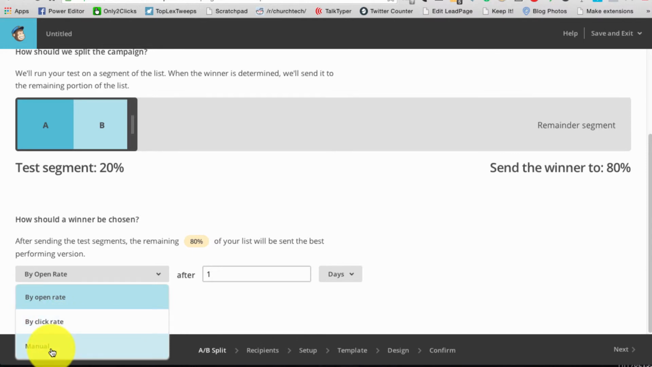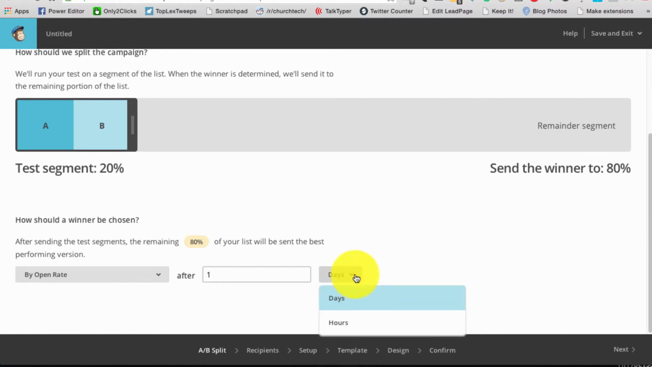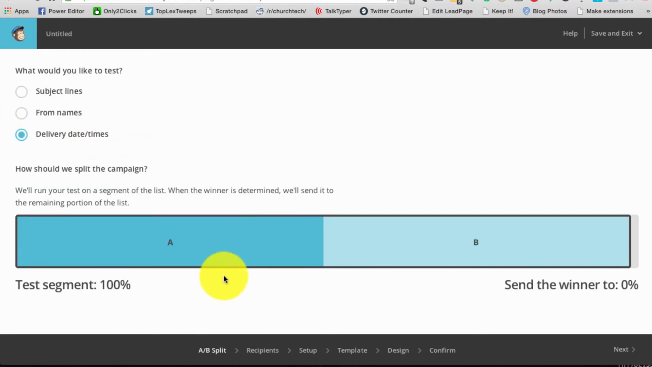So you can say, I'm going to choose this manually, or how many clicks I get, or how many opens I get, and how many days I want to wait. It could be that I want to do hours. And this actually makes sense when you think about the delivery dates and times, that